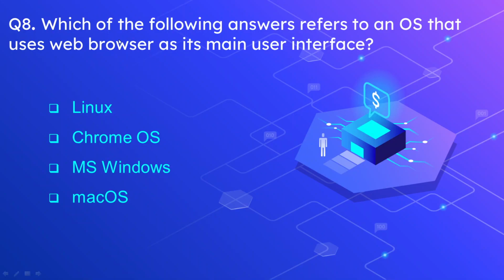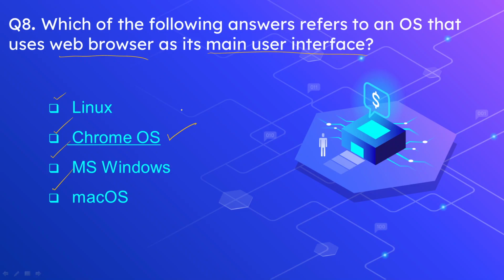Question number 8 is, which of the following answers refers to an operating system that uses web browser as its main user interface? And the options are Linux, Chrome OS, Microsoft Windows and macOS. And the correct option is Chrome OS. So in Chrome OS you mainly have a web browser, and all the other applications, they are usually online, and through that web browser you use all other applications